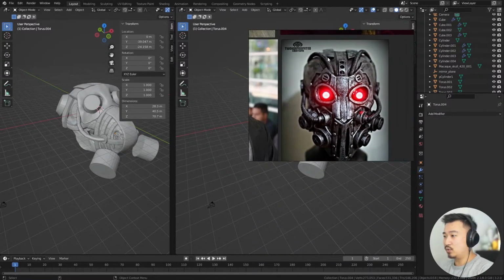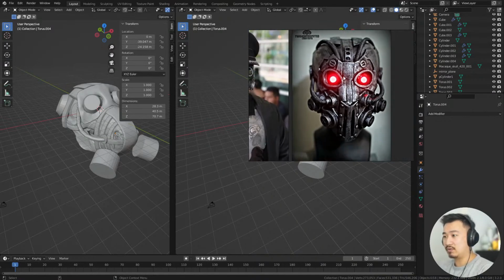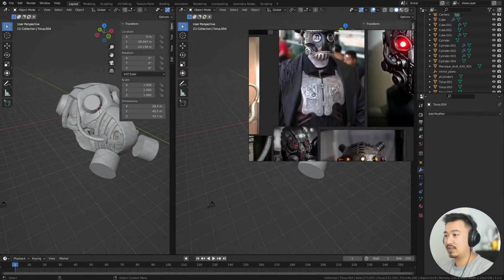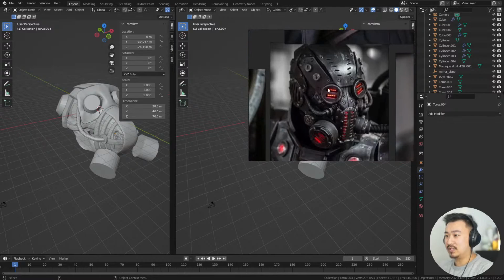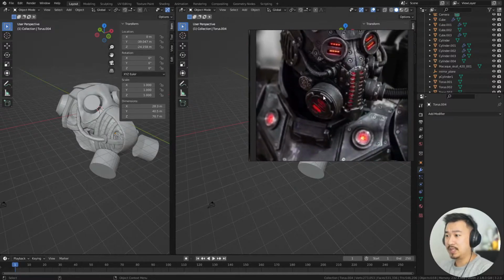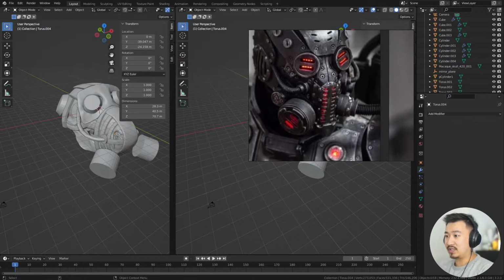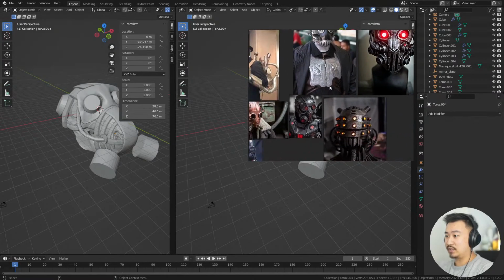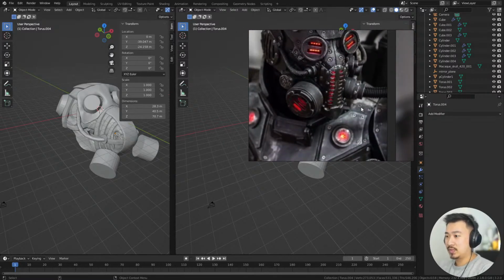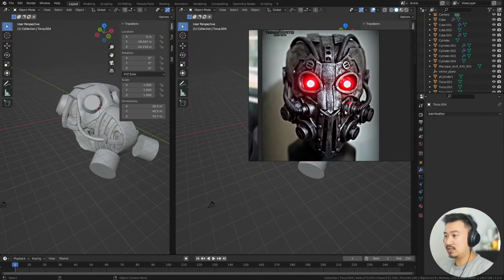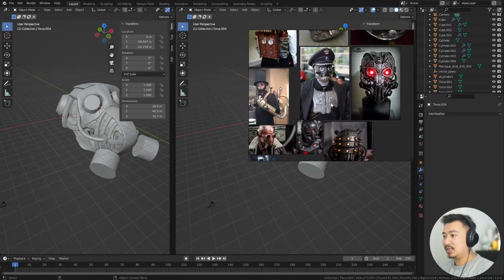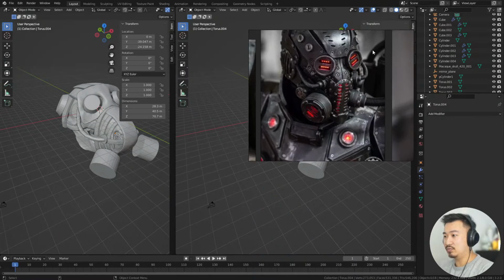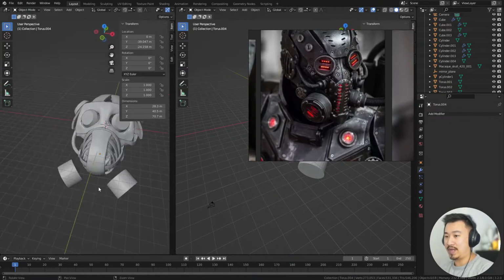So for those that didn't watch the first stream, I was basing it a lot on this kind of style. I was trying to look for other features, like I like the round eyes on that, and I like this kind of design around there, as well as some of these pipes and stuff like that. So I thought that was pretty cool, and I might actually continue along this theme and then just try to flesh it out more. I do like that this is asymmetrical, whereas there's a lot of symmetry in this design. Something about the asymmetry I quite like, so I might try to go a little bit more towards this sort of design